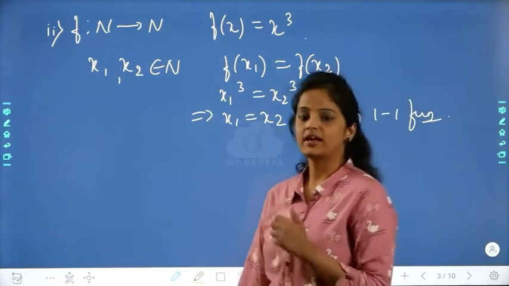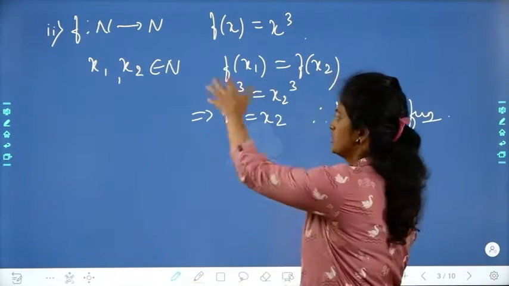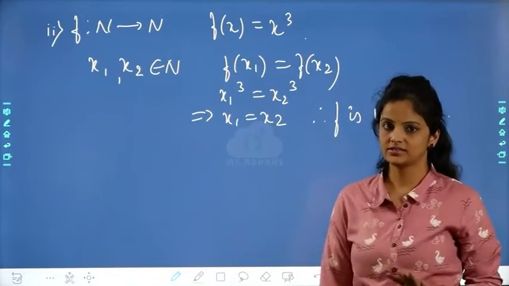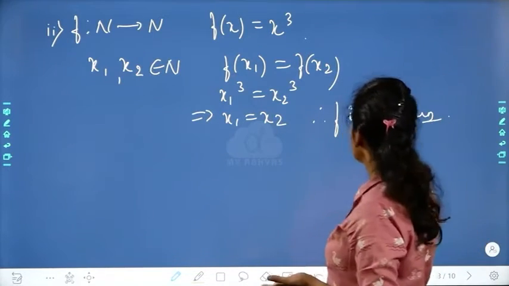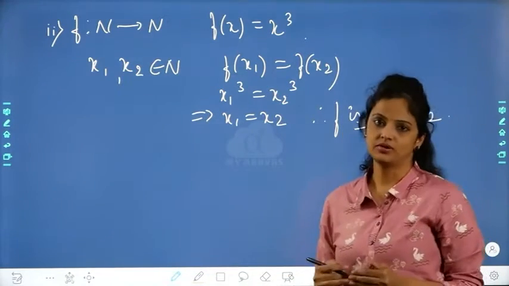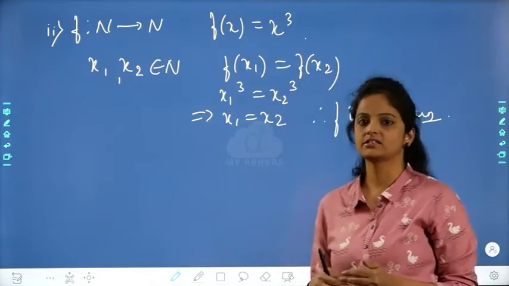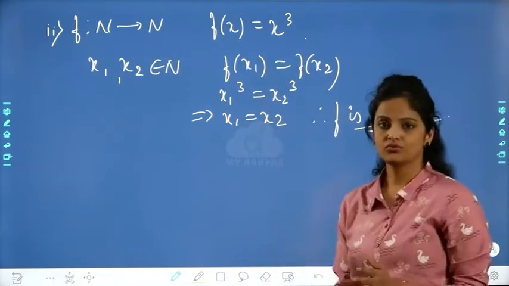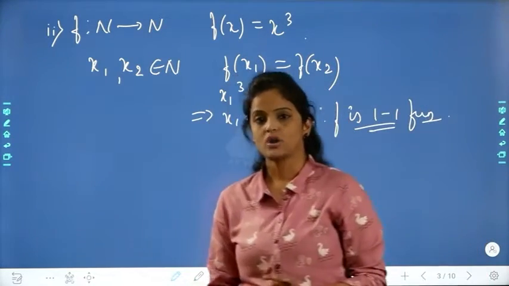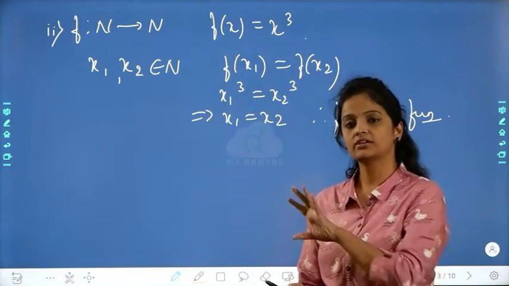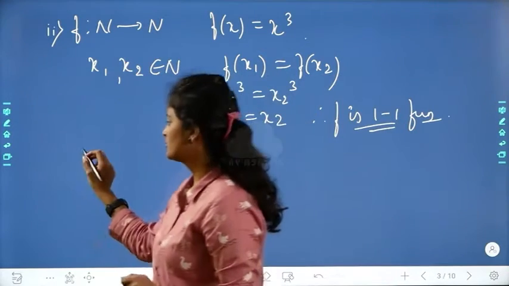You take any example and prove it, or you take it generally and do it like this. Anyway, it is right. And moreover, you are getting it as 1-1. Right? You are getting it as 1-1. So it is better to follow the same. Now come to onto. How to write it properly without taking any numbers? So what do I have to do?